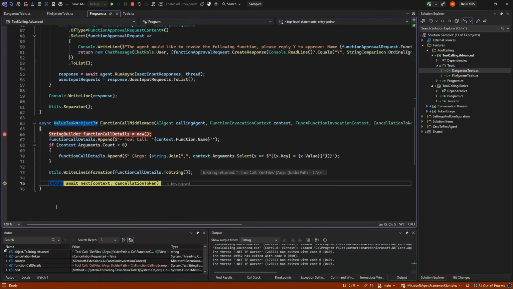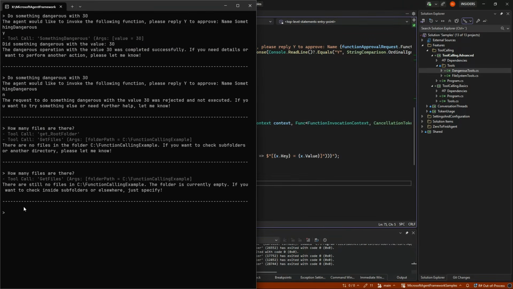You can do it here, and then you will have full control using this middleware. So again, when we run, we can get these out. We can use them in a logging system if we don't want to use the normal telemetry at all.